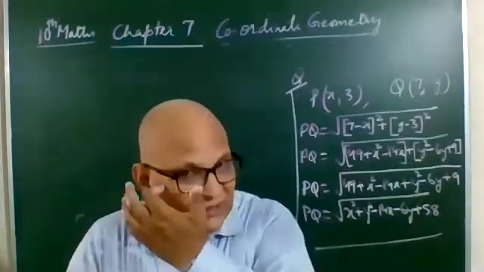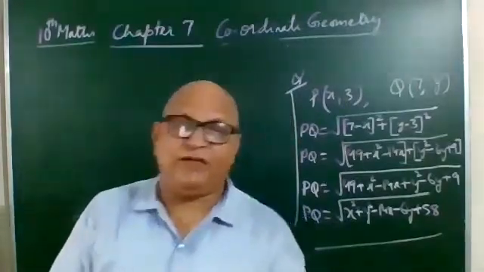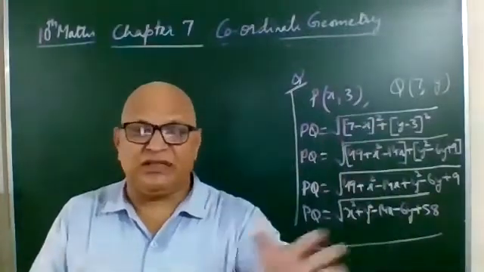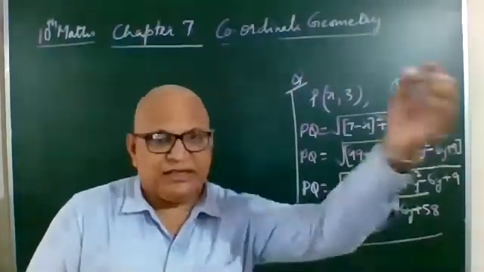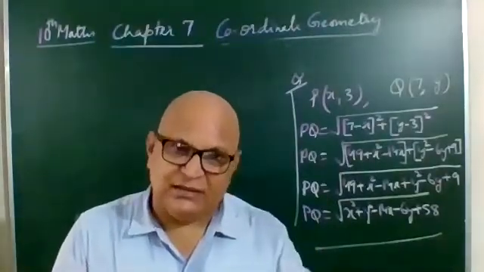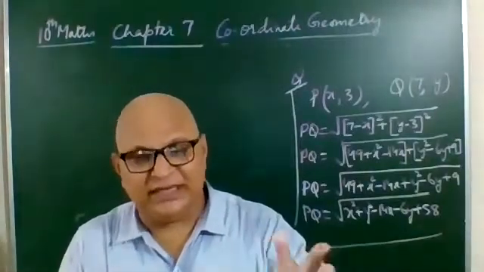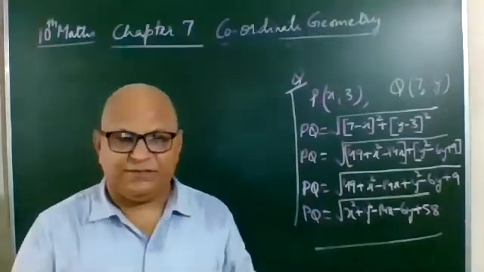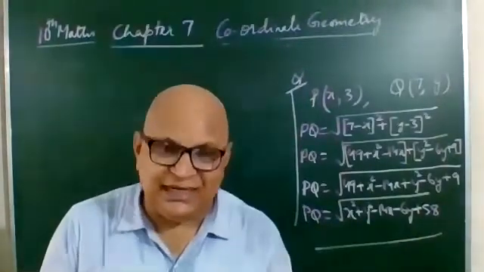In the case of an isosceles triangle, always remember to find all 3 sides, and if you find 2 sides are equal, then the given points are the vertices of an isosceles triangle. Next comes the equilateral triangle. Again, you find all 3 sides, and if all 3 sides are equal, then the given points are the vertices of an equilateral triangle.